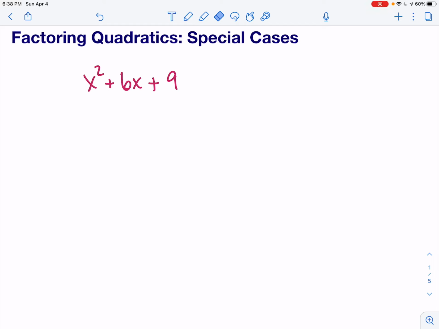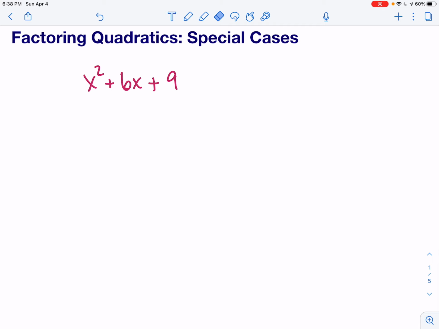Right, so we're going to look at factoring quadratics, and we're going to look at some special cases today. I'm going to show you two different types of problems where you can look for certain patterns that will help you factor a quadratic without having to create a diamond problem and without having to create a generic rectangle. This first one we're going to look at is x squared plus 6x